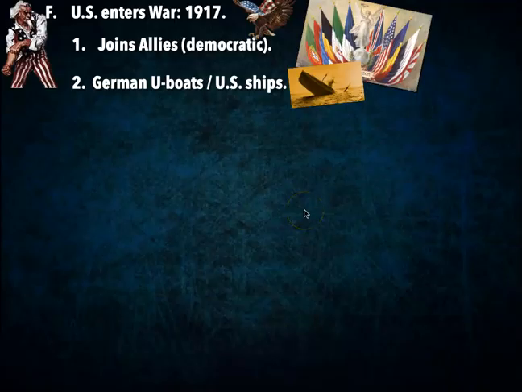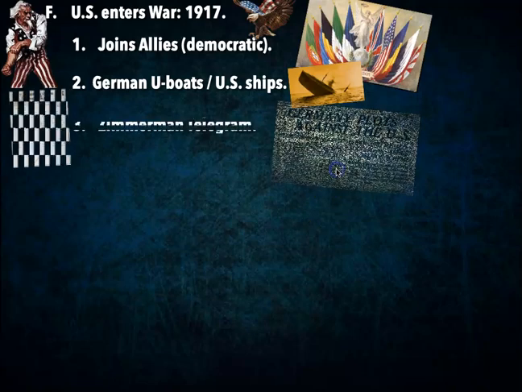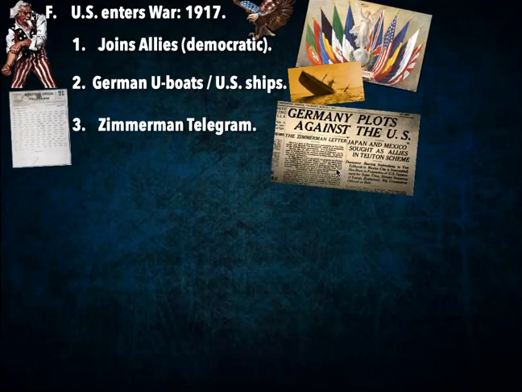There'll be a couple times the Germans apologize, and we'll use the restricted form of warfare. But then pretty soon they're back to unrestricted. Yeah, it's just back and forth, back and forth. Okay, what tips things between the United States and Germany is a scandal that breaks out in early 1917 and